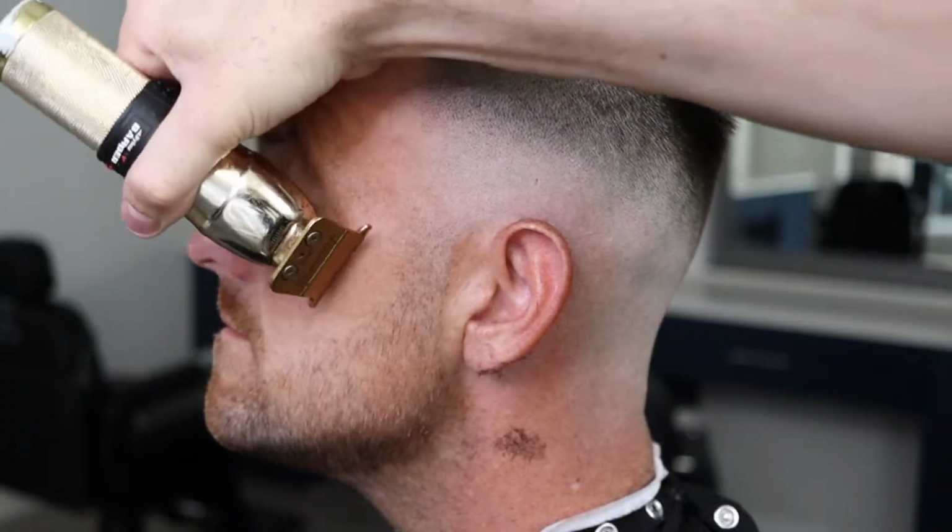So with the beard, what I'm going to do is we're going to do the one open. I'm going to line it up and then I'm going to take a razor blade over it and sharpen everything up for you. Okay, so what I did here was I did a medium skin line like I said and